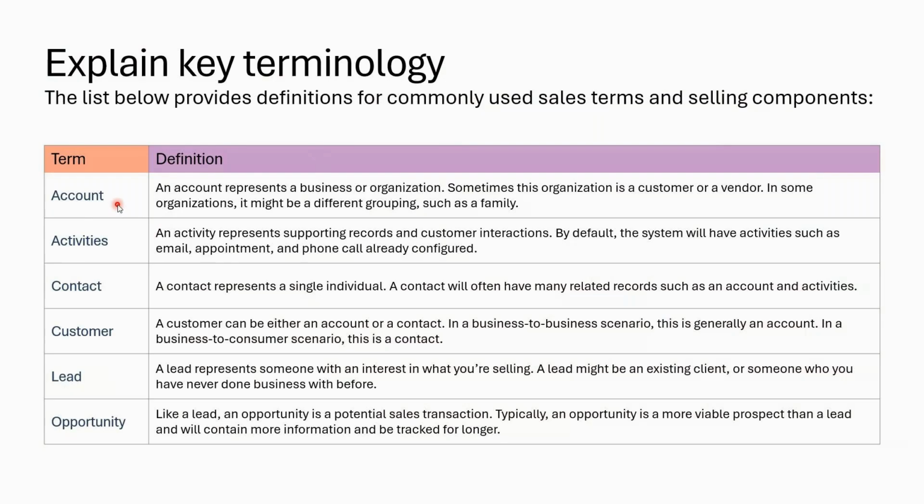One is account. An account represents a business or an organization. Sometimes the organization is a customer or a vendor, and sometimes it might be a different group, such as a family. This is the account table, and it can be a vendor or it can be a customer. Based upon the usage of the client, we can utilize this account. As I told you, it depends on the client usage, and according to that we can make use of it. Okay,